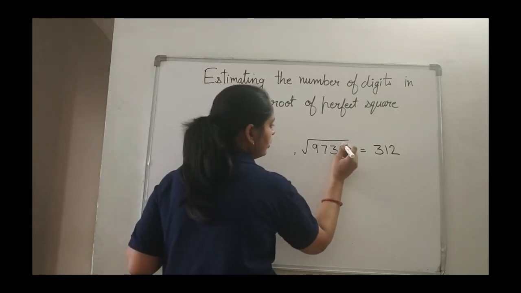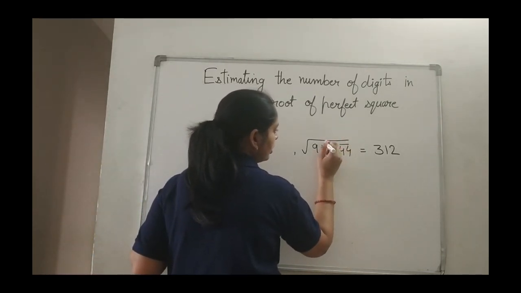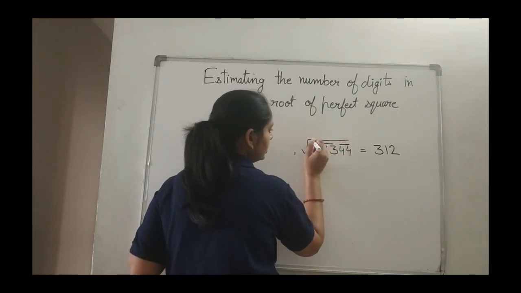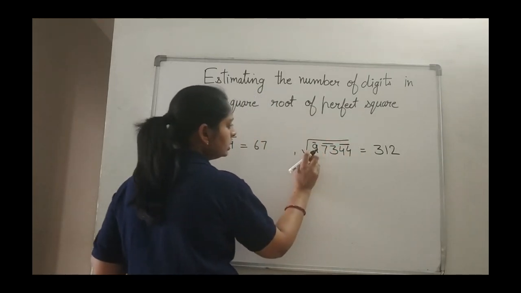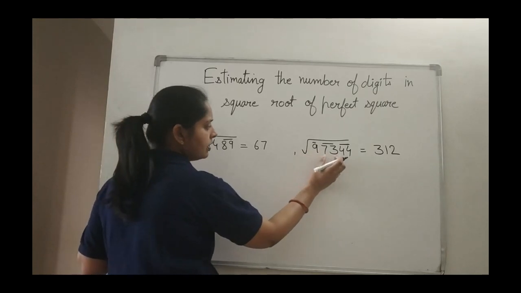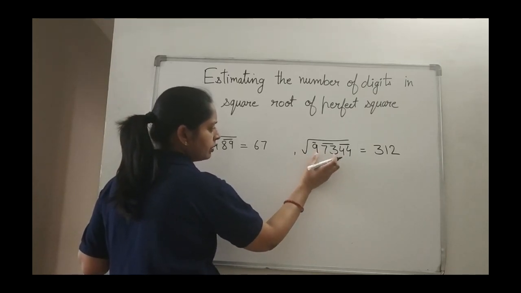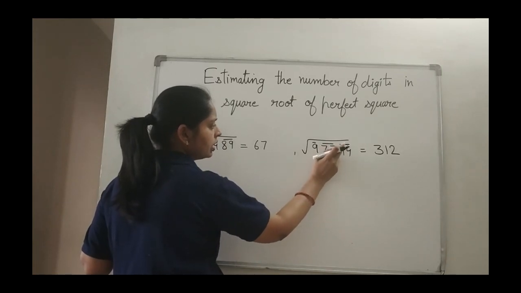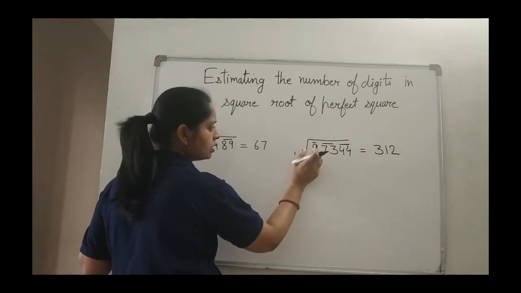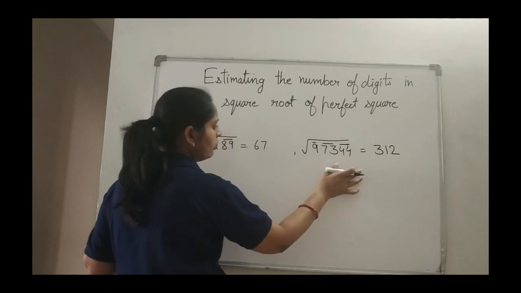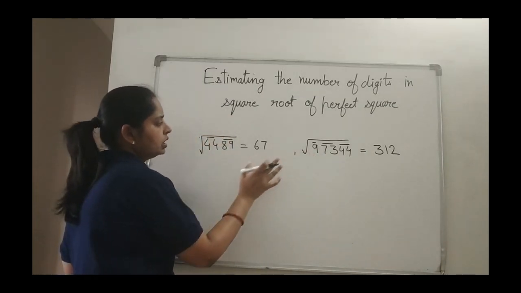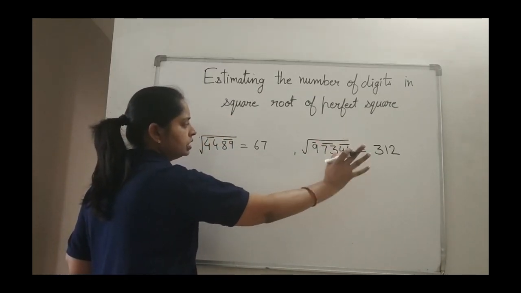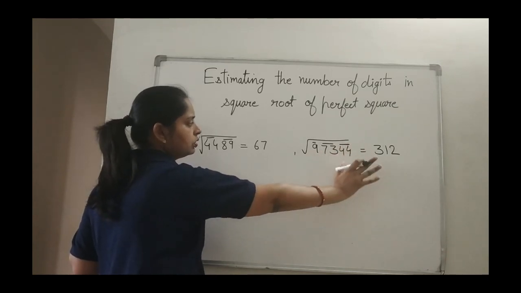Here we have done it with the barring. You have done the pairing like this. And if a single number is left, it also gets a single bar. So first we make the pairing, and if something is left, that also gets a small bar over it. So how many bars are we having? 1, 2, 3. So how many lines have we drawn? 3. So 3 digits. One method is this: by just putting the bars you can tell how many digits will be in the square root of that number.